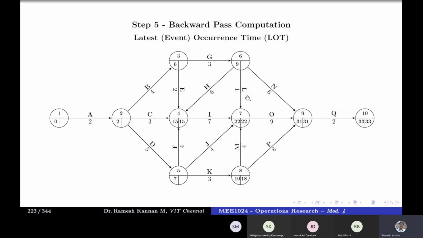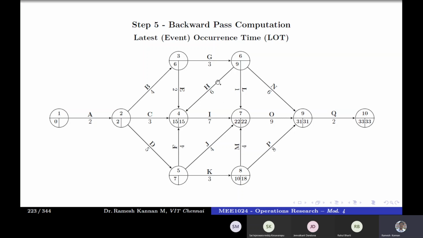22 minus, or one more important thing, we have missed out this. If you see 6, this H is also an arrow that is leaving. So we need to calculate this, then only we can decide on this. So which means that this has got only one arrow leaving. So which means it's easy. 22 minus 7 is 15.